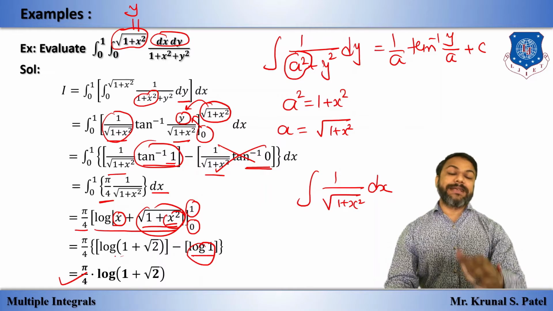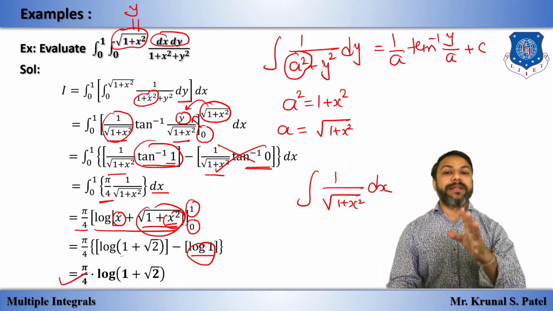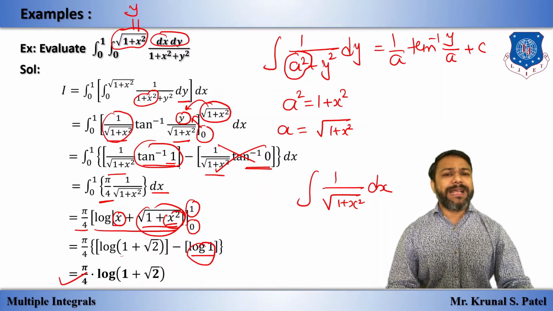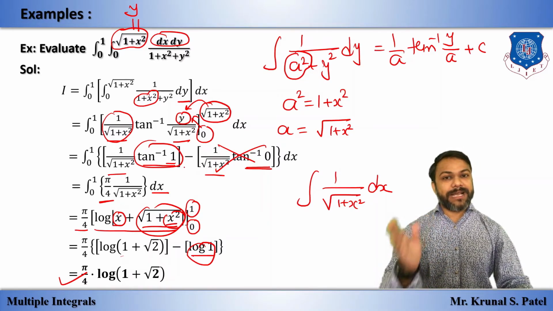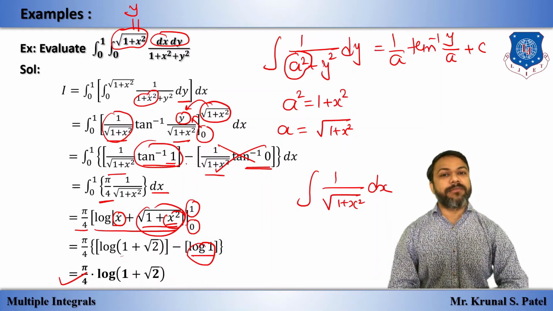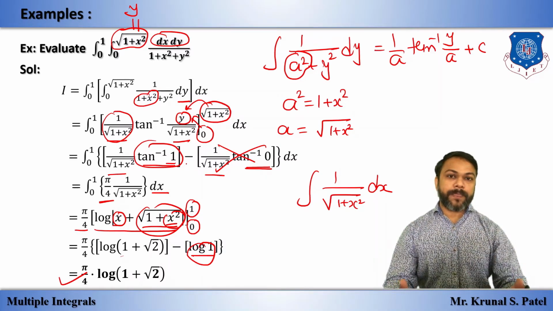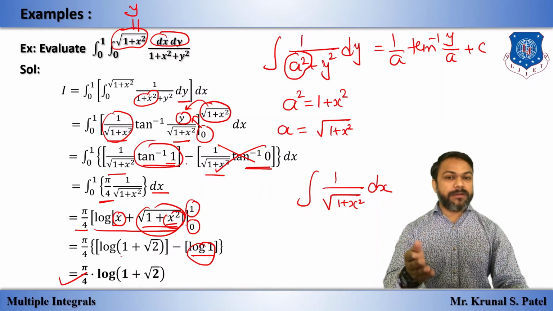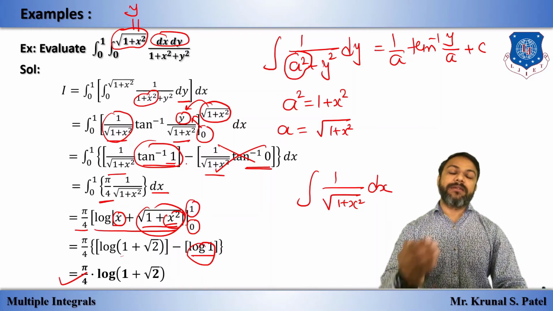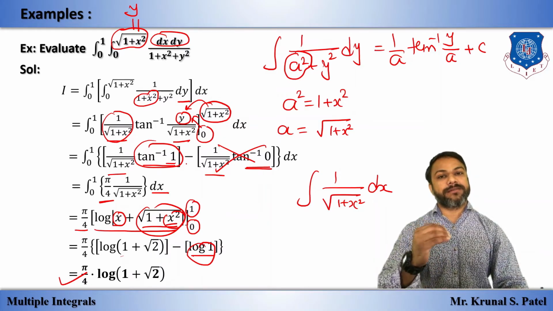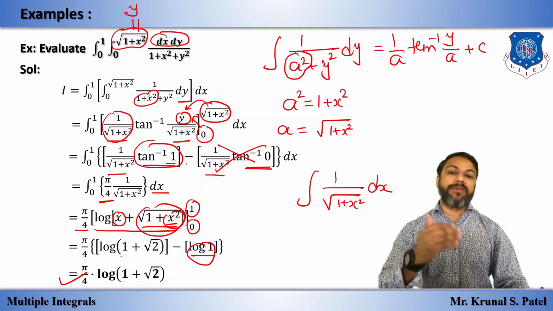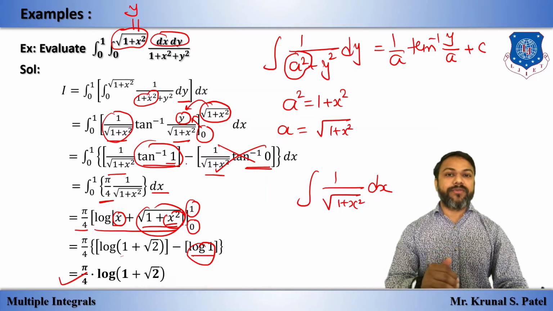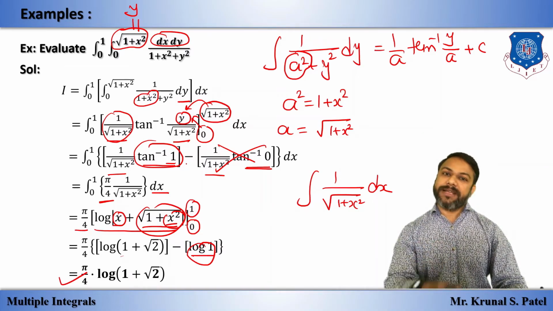So these are the example and how we integrate the double integral. Simple: as you did for single integration, you have to do the same step two times. One time with respect to one variable according to the given example or given limit, and then the resulting expression will be integrated a second time. When we first integrate with respect to y, then x is constant, and if we first integrate with respect to x, y is constant.